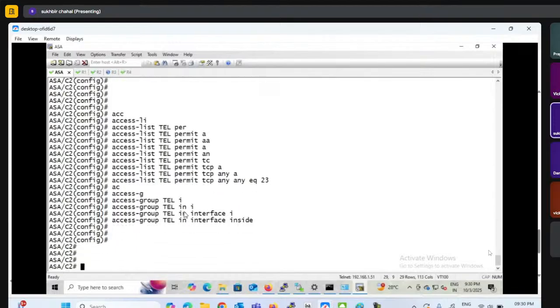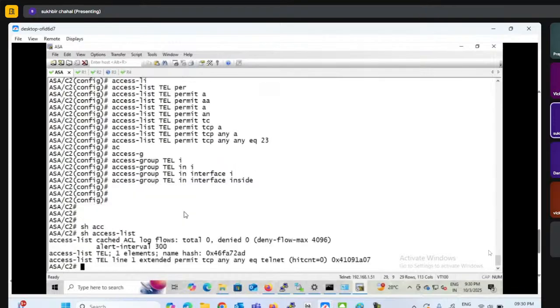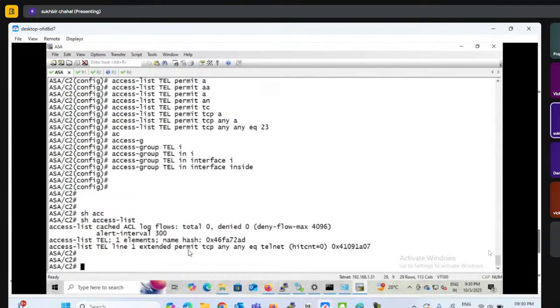And if you check show access list, here we have, and see we have the ACL. So let me try